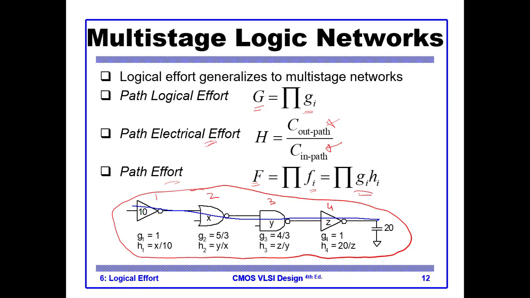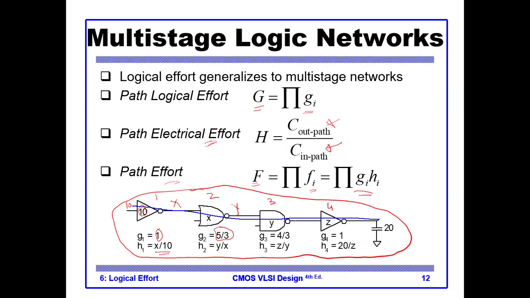Okay. Now here are some values. For example, G for an inverter is 1. What is H? Here we have the capacitance X, and here we have the input capacitance 10, so it is X by 10. Similarly, for the 2-input NOR gate, we already calculated that the logical effort is 5 by 3, and here we